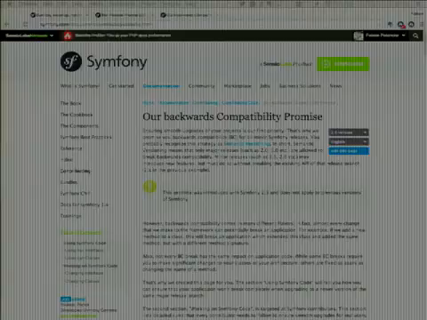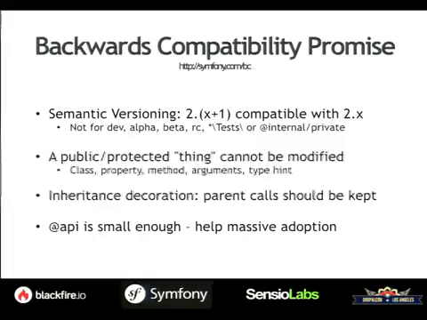Basically, we try to follow semantic versioning. Semantic versioning is easy to grasp, easy to understand, but very difficult to actually make work for a project. It's always very easy to break backward compatibility in some ways in minor versions.